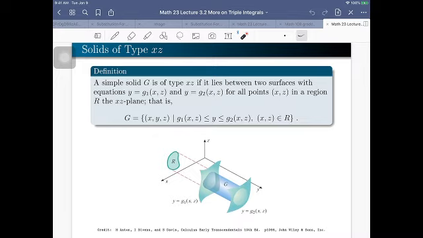So therefore, you look at it here, and then you project it onto the xz plane, which is this, and this is the projection R. And then you can say that this is indeed a solid of type xz if at all points xz on R, you can define with a single surface